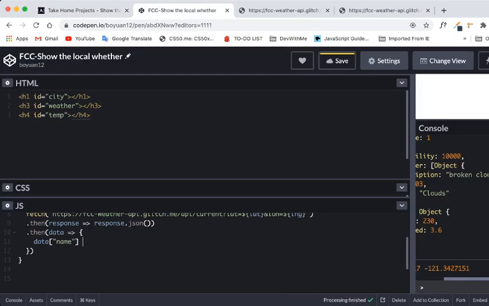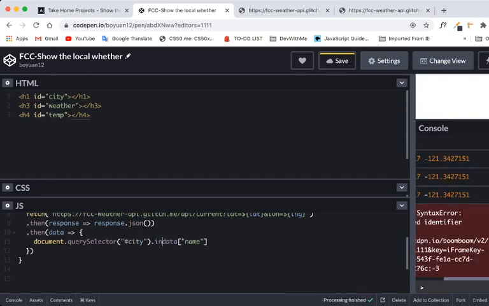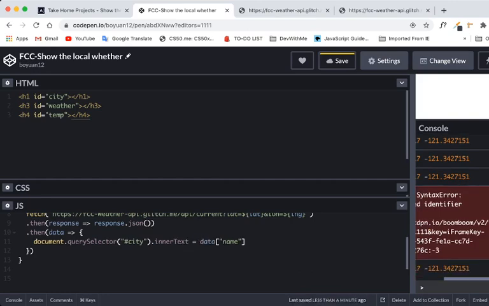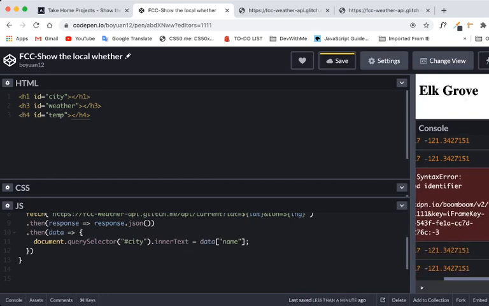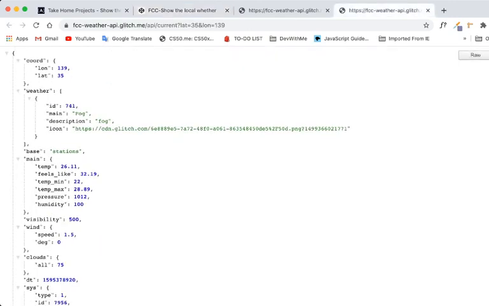so you can say this query selector, try something different. Text this. Alright. And then I want to get the weather. What's the weather? Weather is foggy. So basically this is